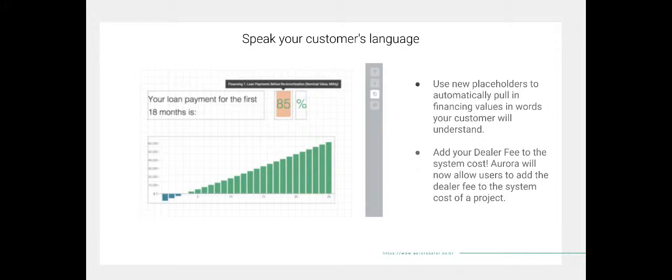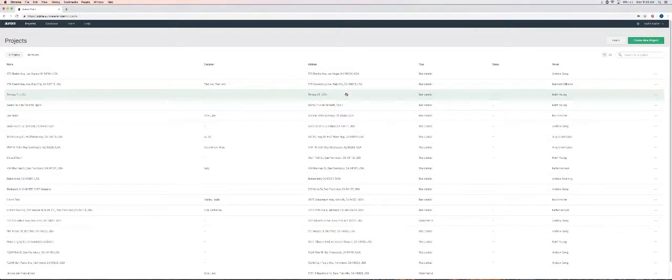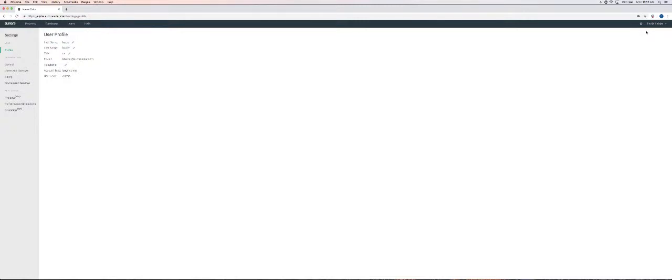Now let's quickly jump over into Aurora and take a look at some of those changes. As always, you'll be directed right to your projects page, where you'll have a list of your projects. And we'll navigate over to the general settings of our Aurora account. Not only account administrators will be able to make the configuration changes,